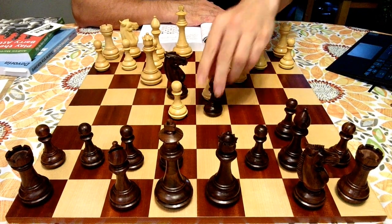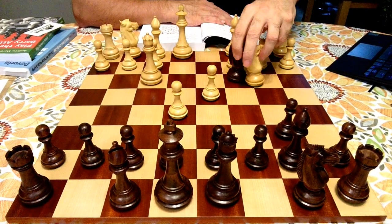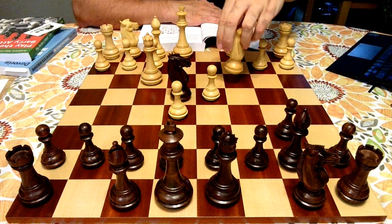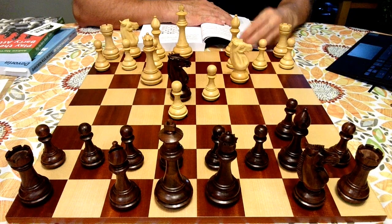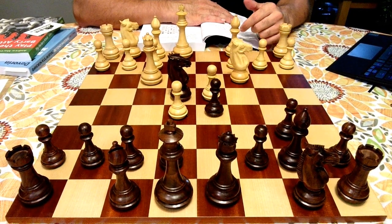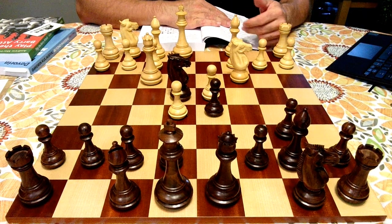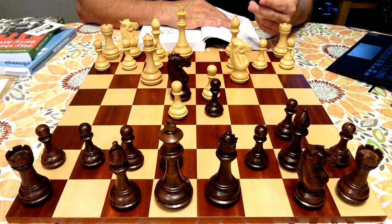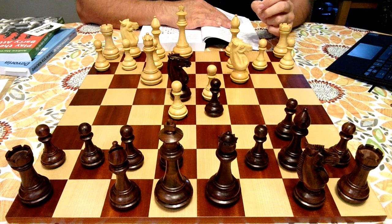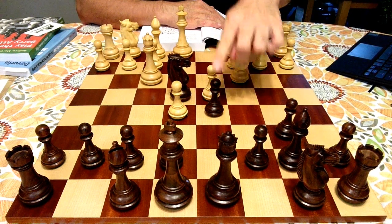Now there is an interesting thing. By the way, the author also shows you what happens after this move, okay? If you're curious, well, go by the book. I'm not going to do it over the board, because sometimes the problem is that there are no diagrams to bring the position back from the beginning of that line, and so I don't want to make mistakes on a video. That's the reason. Now, after d5,